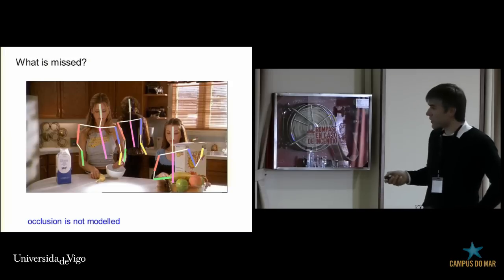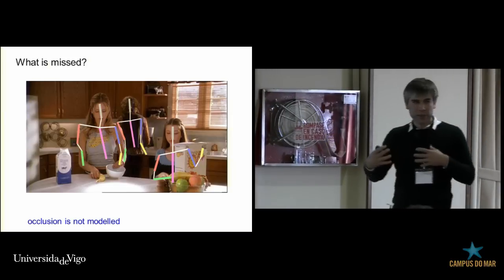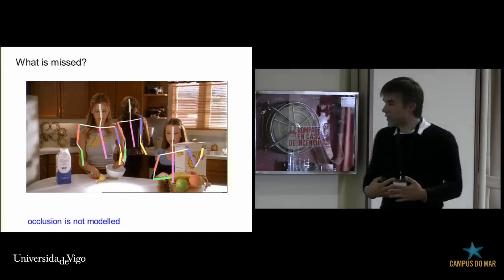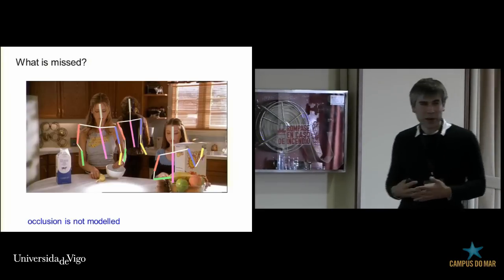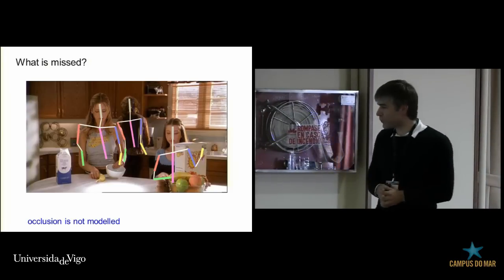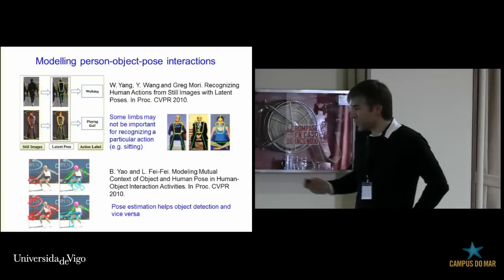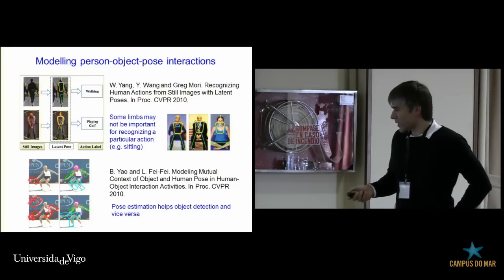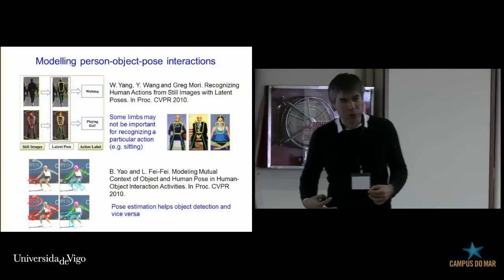People are currently looking at multiple people. If we have a group of people and people are occluding each other, pose estimation is addressed in this setting. But the general setting of a scene where occlusions can happen anywhere is still future work. However, there are some attempts to address people and objects. For example, in this CVPR 10 paper, they try to model both the pose of the person and the